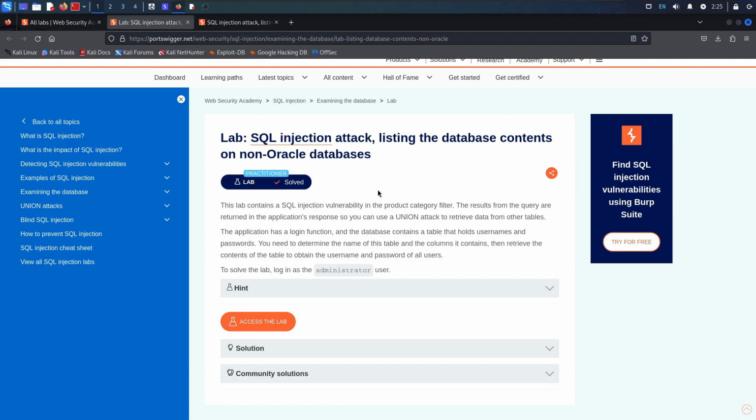So we need to determine the table and the name of the columns that it contains, then retrieve the content and obtain the username and password for all users. So this is what we need to do, and at the end we need to grab the administrator user login